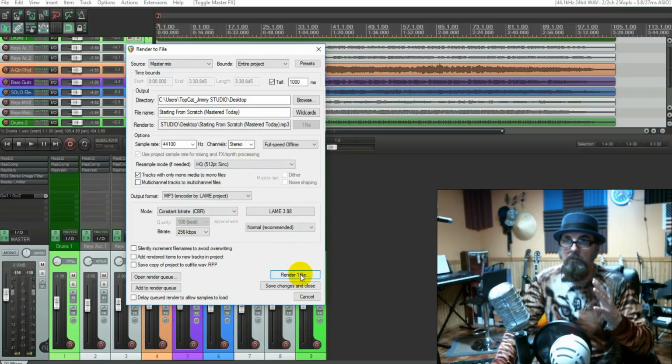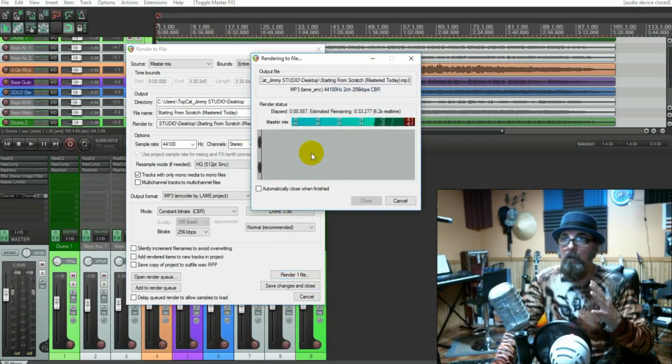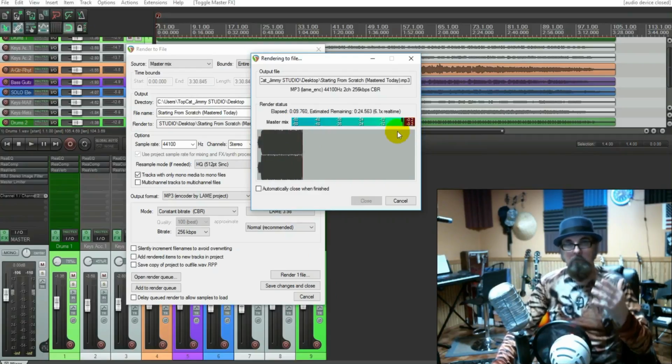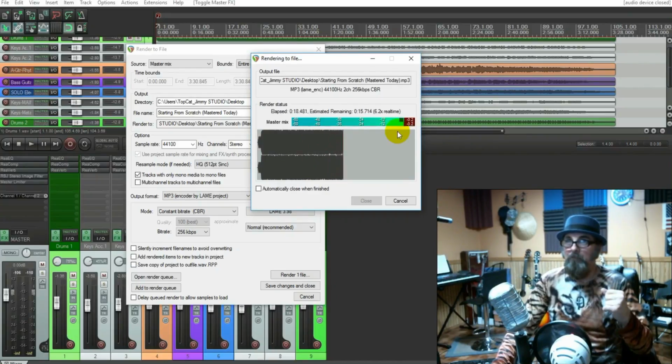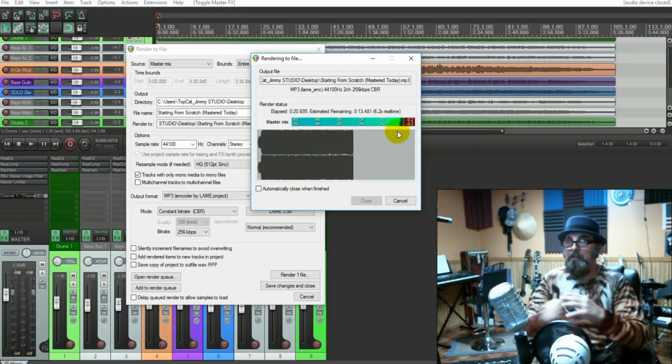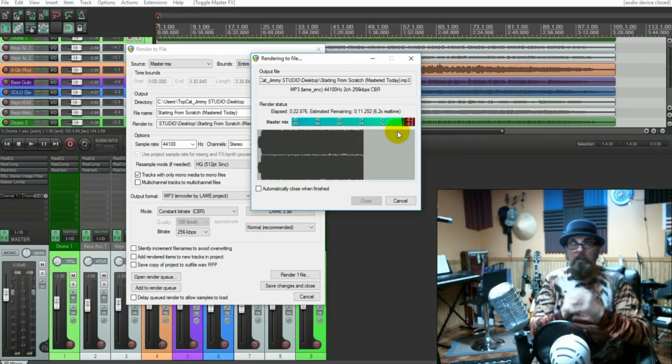Alrighty, let's do this. Render one file. Make sure it's in stereo. Double check that, I would suggest. Here we go. It is rendering. It says it's rendering at minus 0.2. No clipping. Therefore, no distortion. Okay? We'll let that render. Then we will test it out,